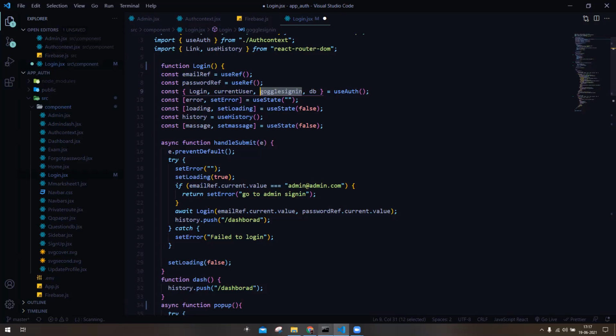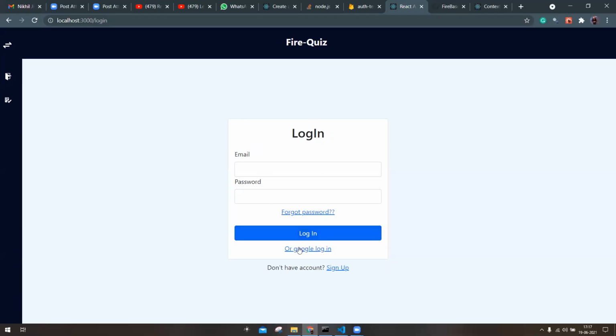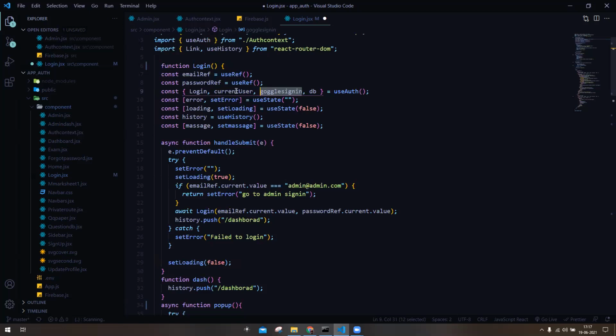So I will show you here in my login page. You can see I need this Google login, and I also need this submit button. After the submit button, I want to log in with this email ID and password.